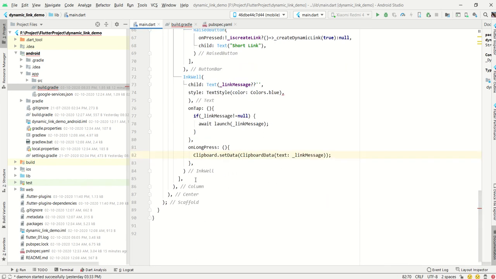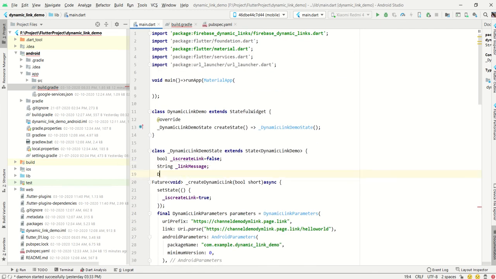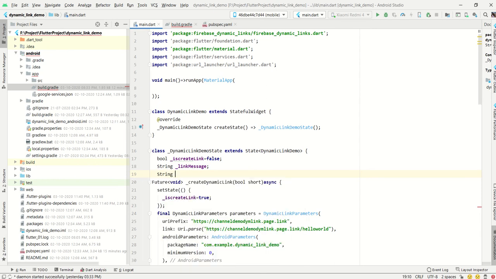Now the user must know that if he or she long presses, it will go and copy that link, right?